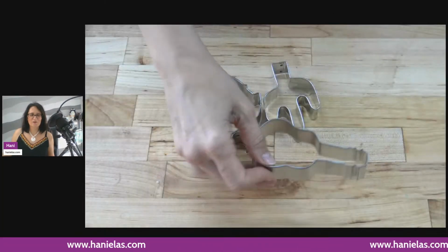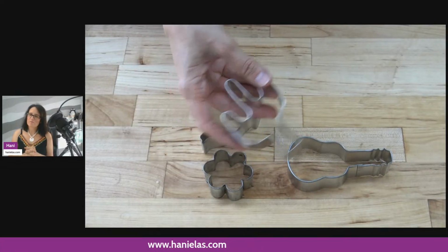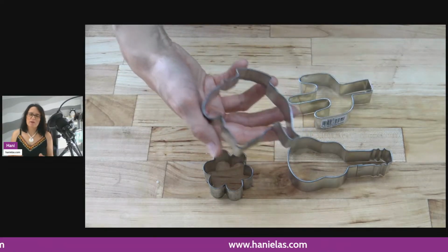So let me just switch the camera so we can play this little video for you guys. Okay. And here we go. So this is the guitar. That's pretty, I mean, obvious flower, cactus. And this is a teapot. And teapot doesn't belong. I mean, we could make it into a Cinco de Mayo, but I have 2 or